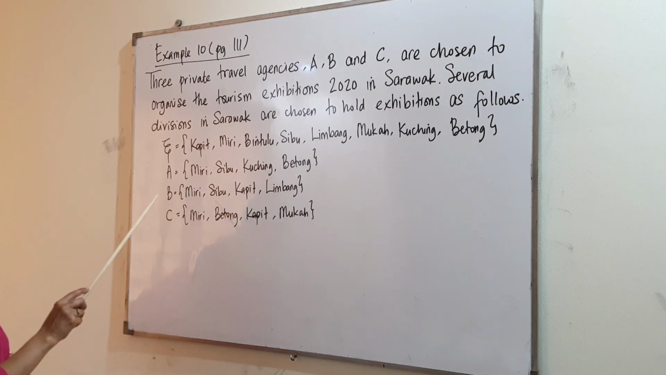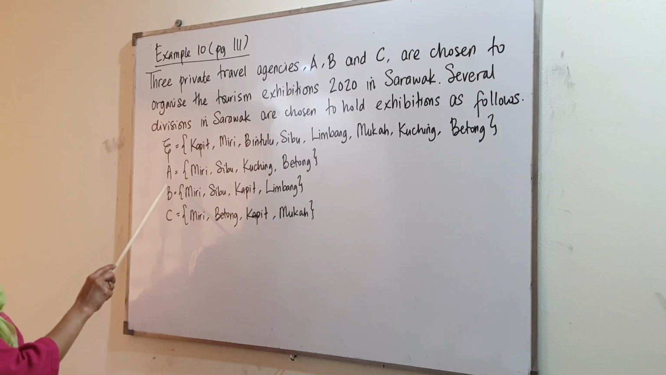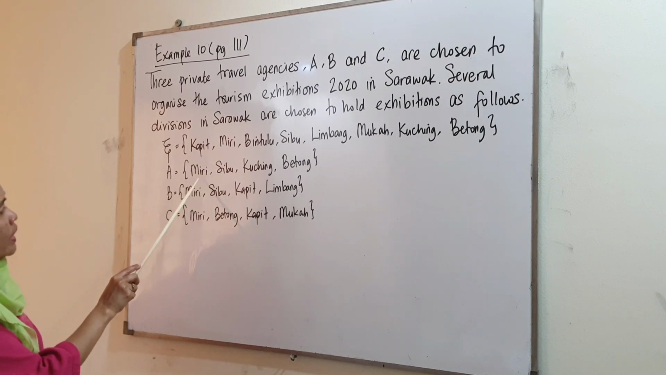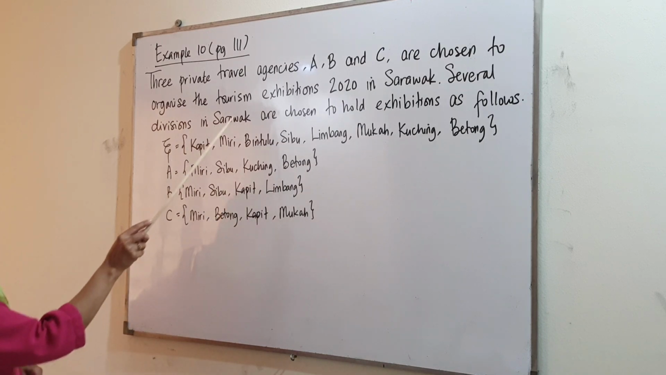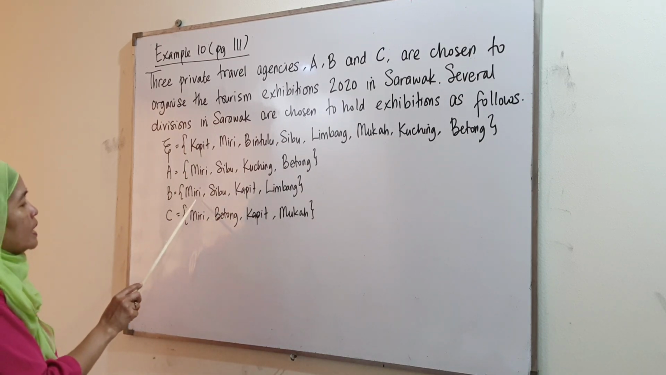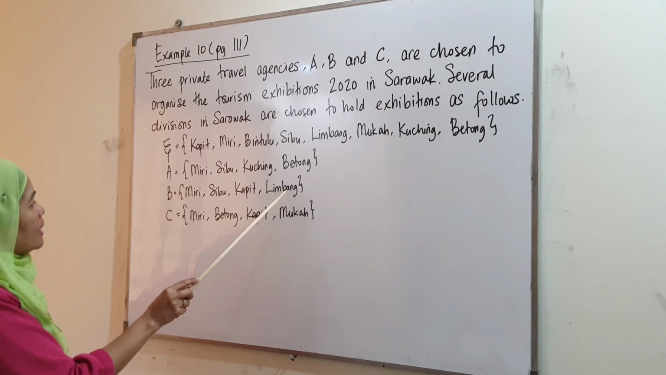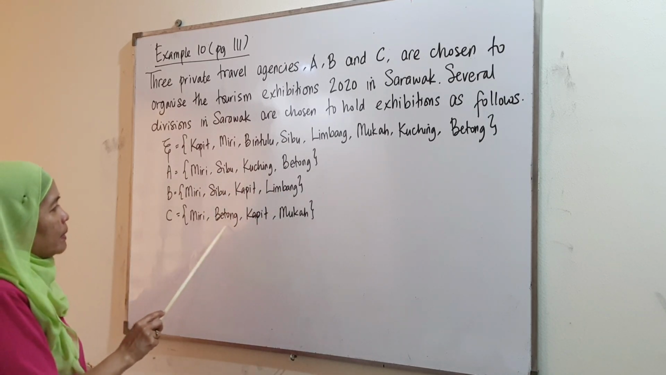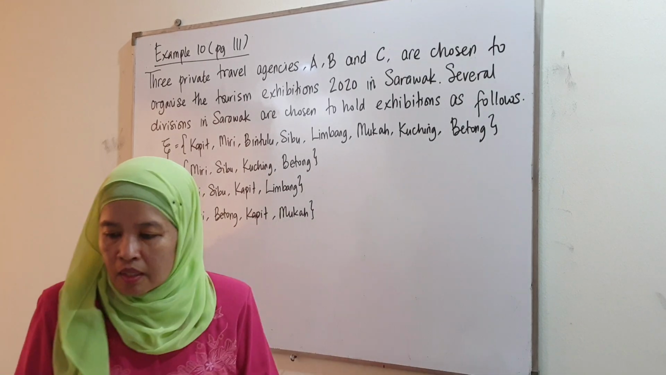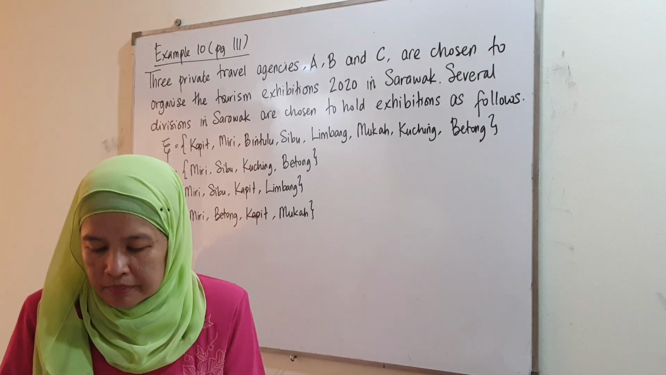Travel agency A has chosen to organize Miri, Sibu, Kuching, Betong. Travel agency B will organize Miri, Sibu, Kapit, Limbang. And travel agency C will organize Miri, Betong, Kapit, Mukah. So the question is